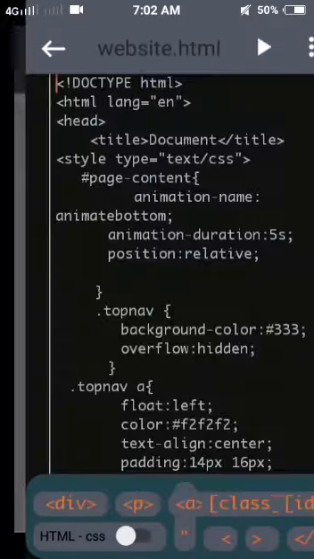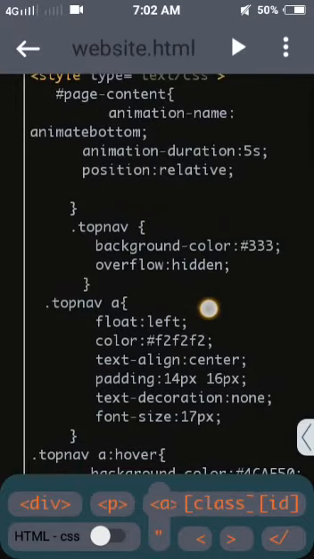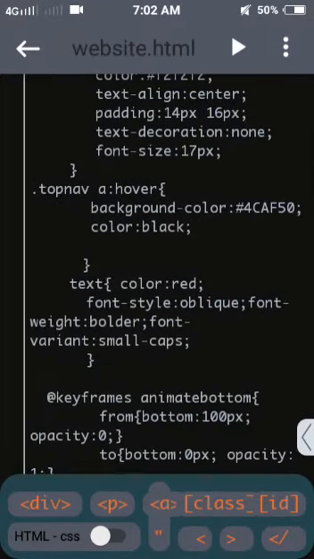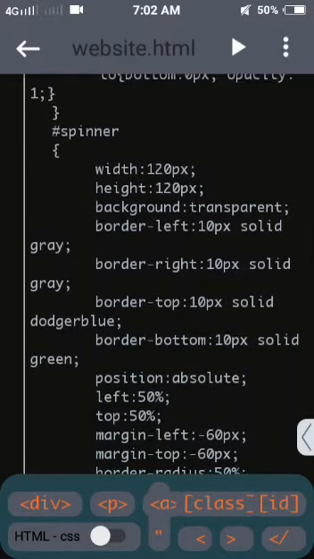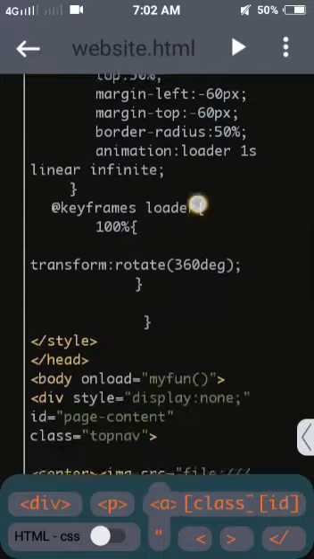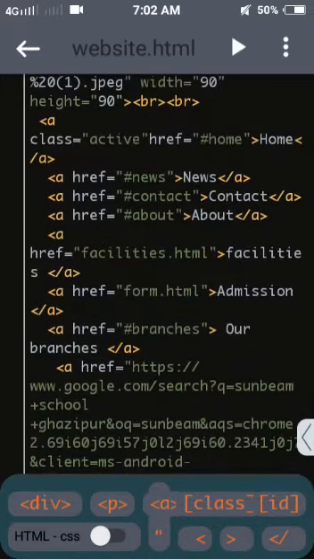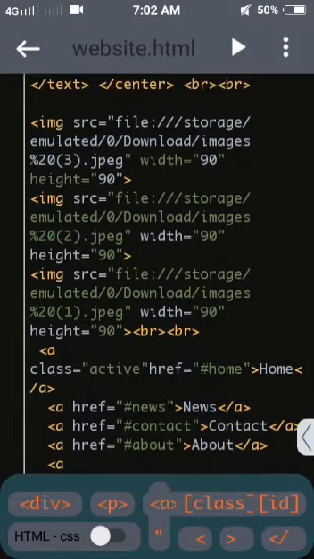So this is our website code. This is internal CSS and an internal JavaScript file also, in which this is under the style tag. This is CSS styling. This code is the preloader CSS styling code, and its function is in our script tag. This is the link tag, that is A, and these are images for the page content. So let's run it. So this is a preloader.